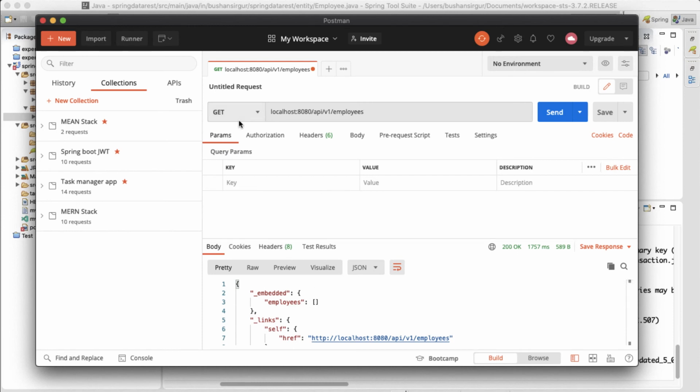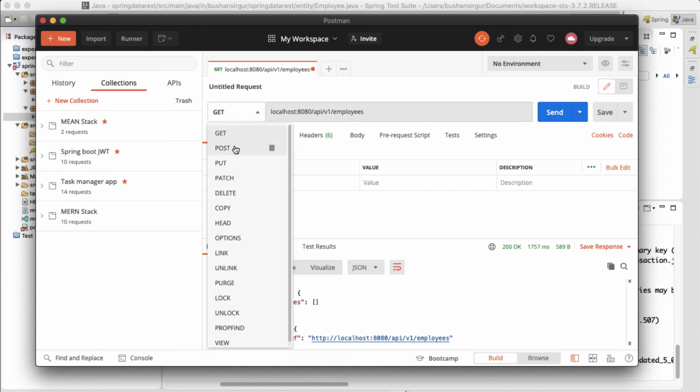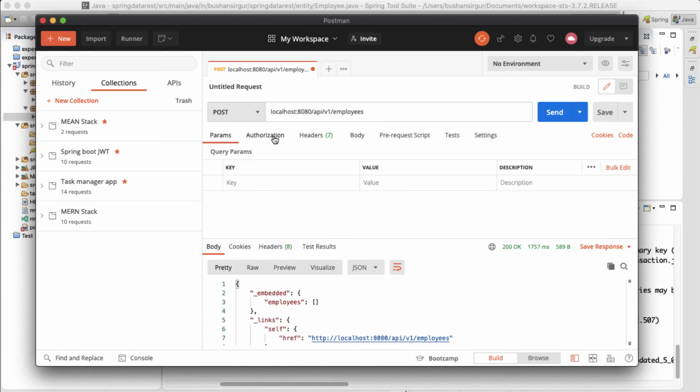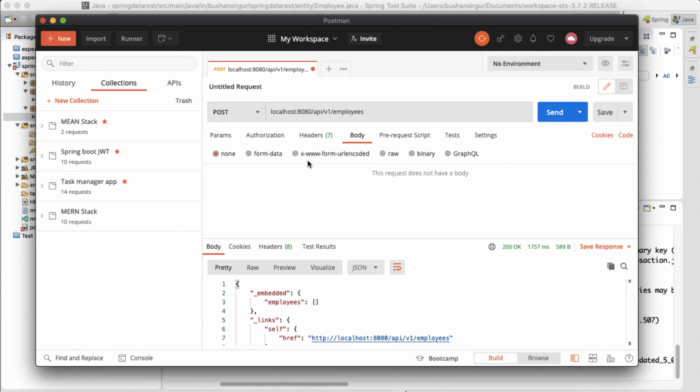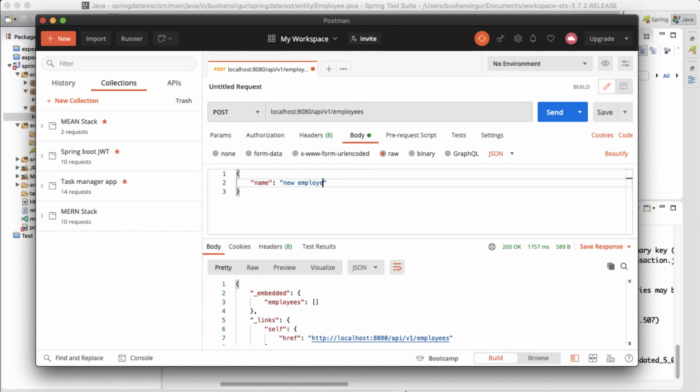So let's make a POST request. Let's click on post, go to the body and select raw, and instead of text let's choose JSON. So let's add the record. Name, new employee, and salary 10,000.